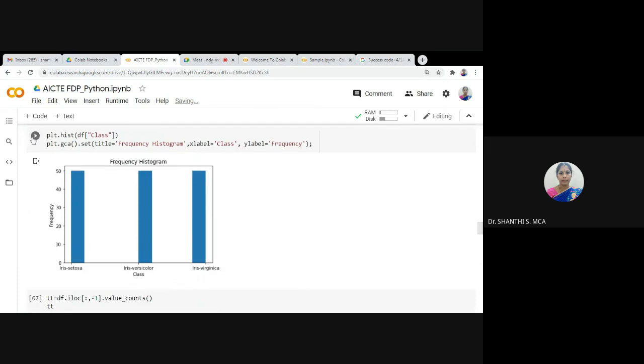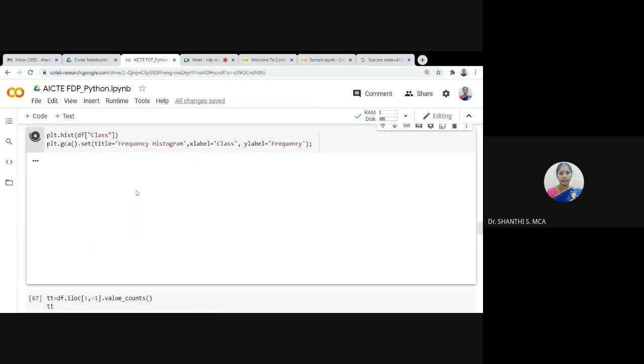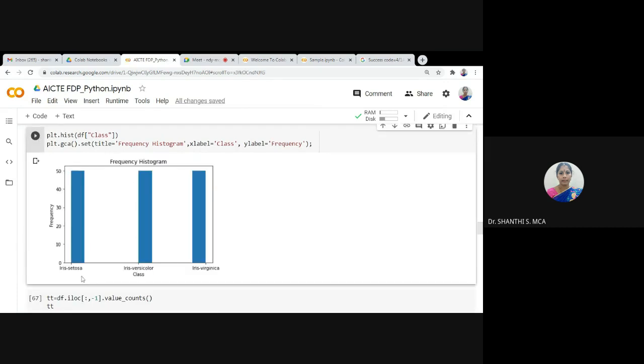Then based on the class label, I have displayed the histogram. What is the total number of records in Iris setosa? What is the total number of records in the second class and third class? This is used to know whether your data set is balanced or unbalanced. This example is a balanced data set because in each class we have an equal number of records.